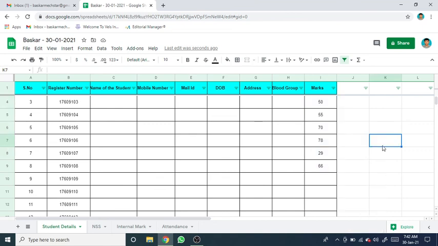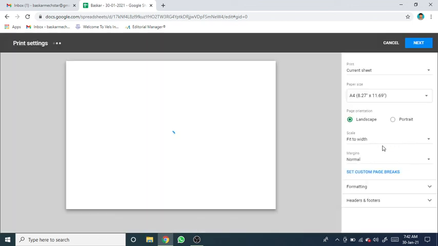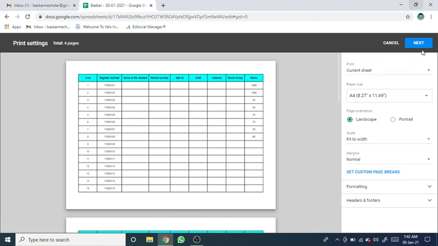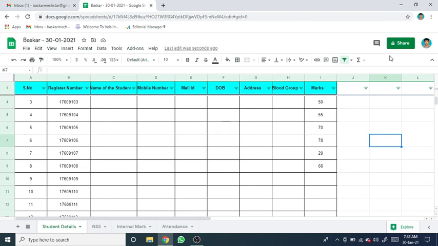So like that we can easily use the Excel sheet as compared to a Word file. It is more comfortable. For example, if you are taking a printout, just press Control P. In that, if you click next, the final print will come, like a Word format. So we can use it for multiple purposes. Better you use an Excel sheet. It will be helpful in a lot of ways. Okay, thank you.